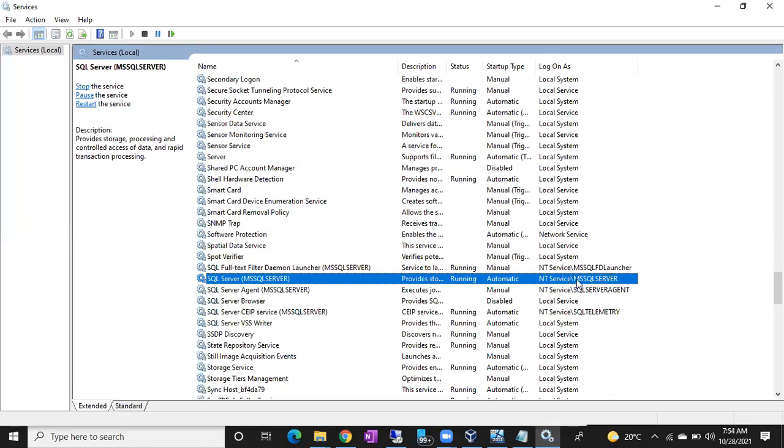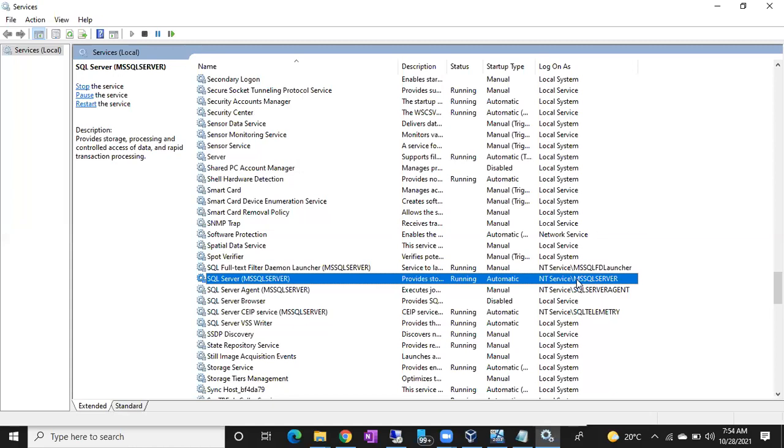Simply, what is SQL Server? It's database software which helps you to store the data, to process the data, to retrieve the data, right? So what does storing mean? If you write the data permanently to the disk, that is storing, right? So who is going to store the data? Who is going to write the data to the disk?